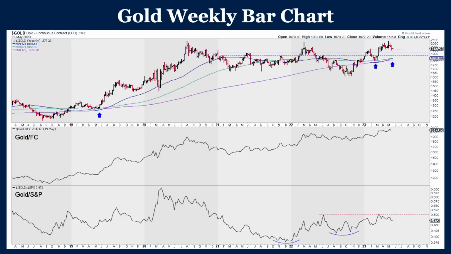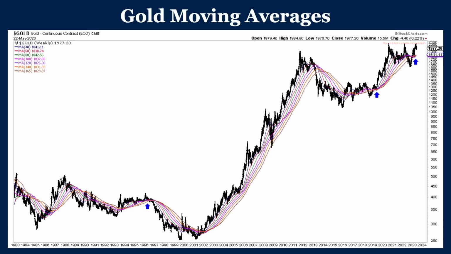We're in the 1830 to 1840 area. Those are rising. I would think by September they're probably going to be 1850, 1860, and maybe a few of them will be at 1870. But this is really the key support level moving forward. If this correction continues and you see gold take out 1900, then you have the potential scenario this summer of gold coming down and then rebounding from there. And if you get a strong rebound from that point, then that's going to set up a really explosive breakout